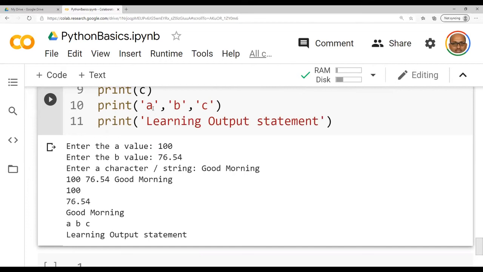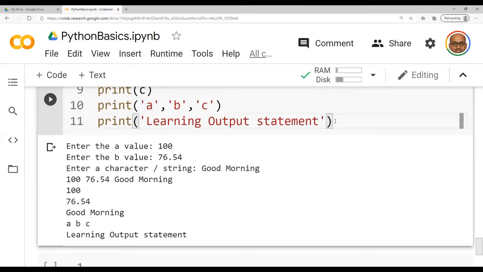Instead of printing the value present in the variable, you are printing the variable itself if you give it in quotes. Line number 11 clearly states that whatever you give within quotes will be displayed as it is.